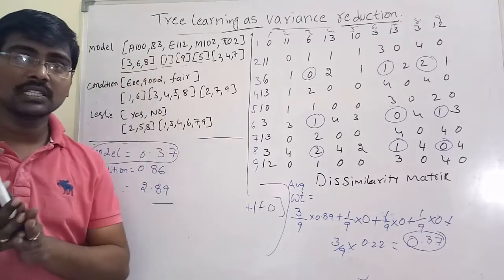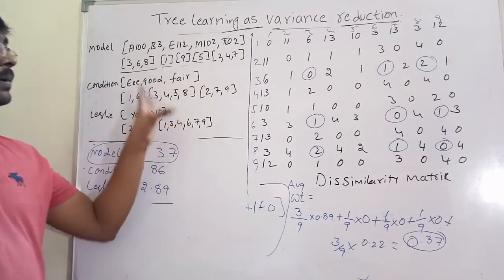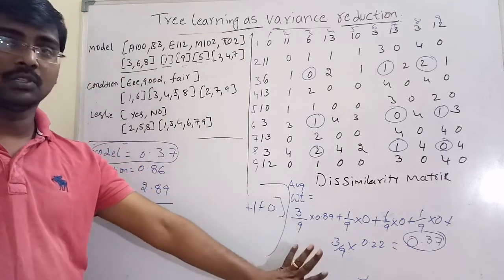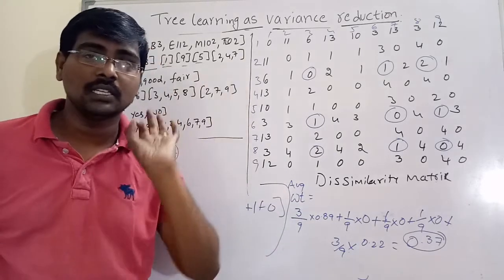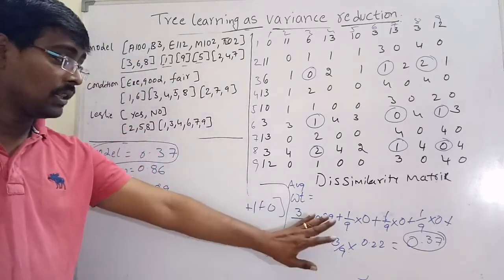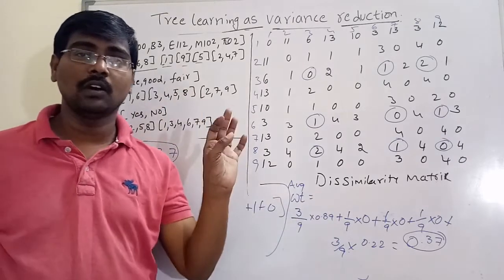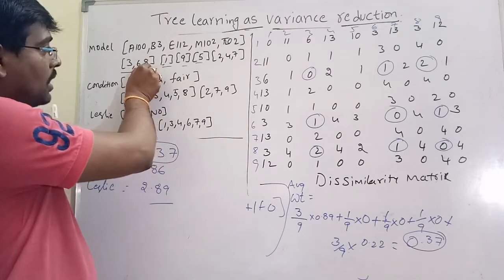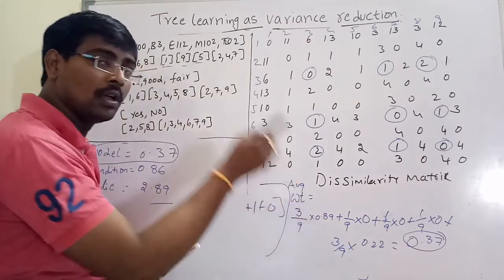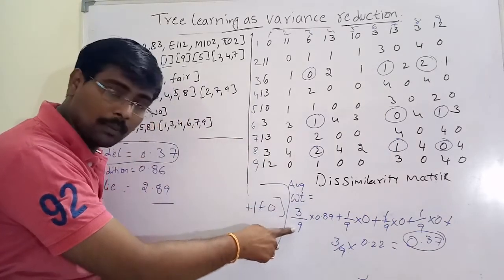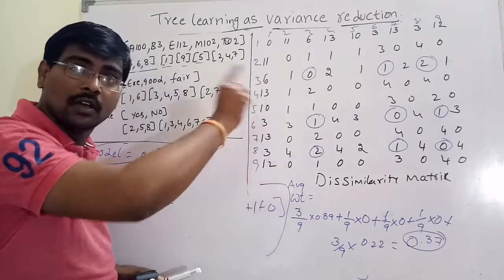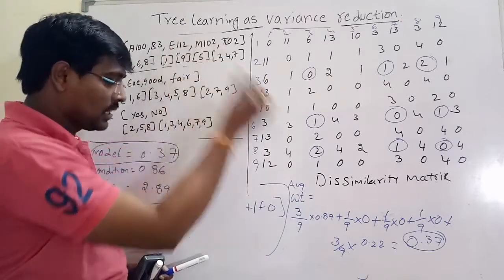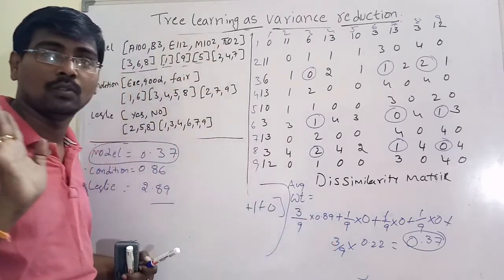We already discussed this in the regression tree. And the same concept is repeated multiple number of times. The entire procedure is the same. Simply only the formula changes. But remember the final formula is always the same. Average means the set of elements by total number of elements into the set of elements by total number of elements into, if you are using regression, variance. If you are using clustering, into the dissimilar value.